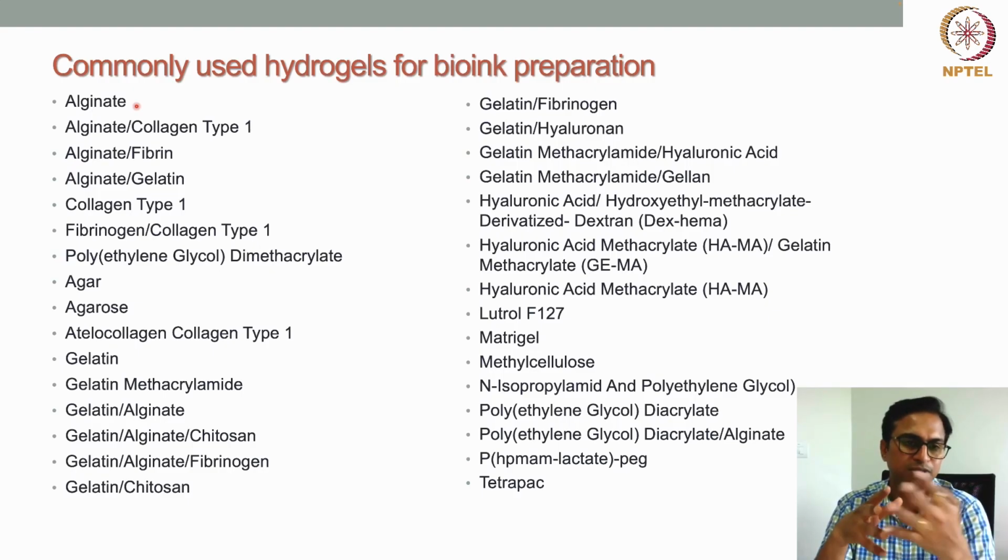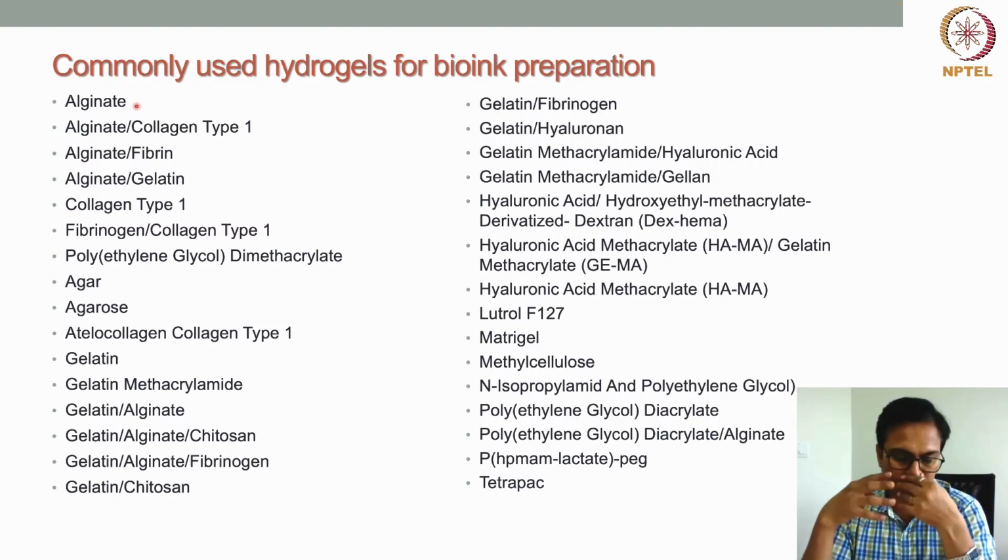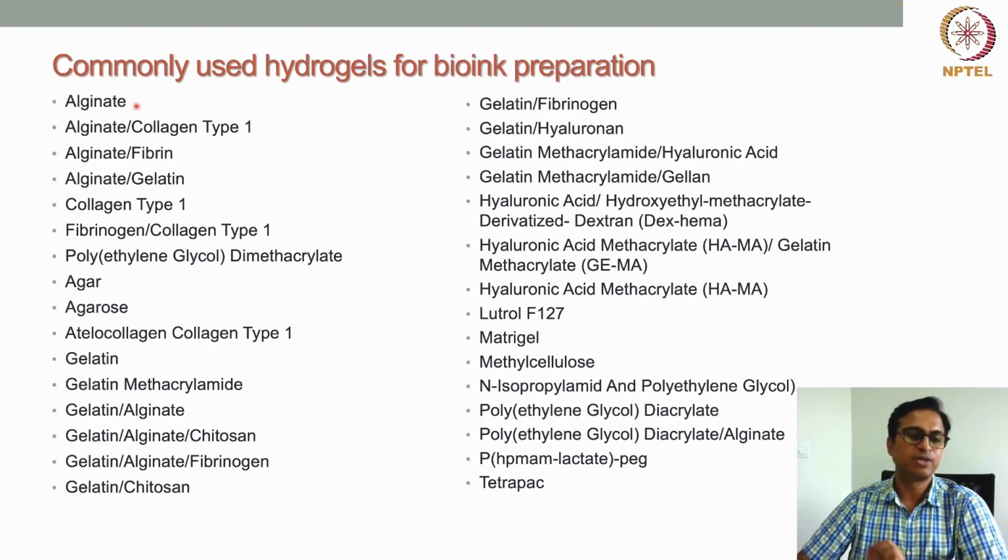Like alginate has been combined with collagen type 1, so the cellular response improves further. Alginate is also combined with fibrin, gelatin, all these things, and then the cellular response is far superior to the alginate-only bioink. Similarly, collagen type 1